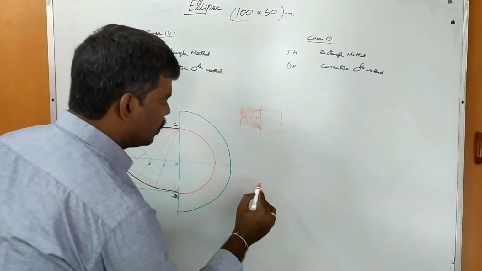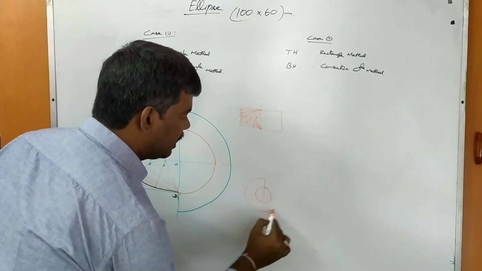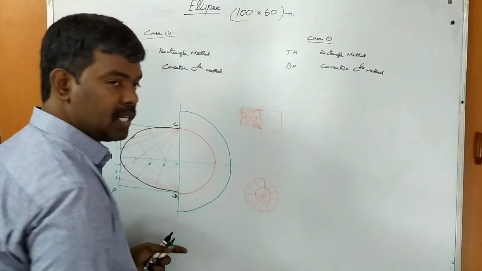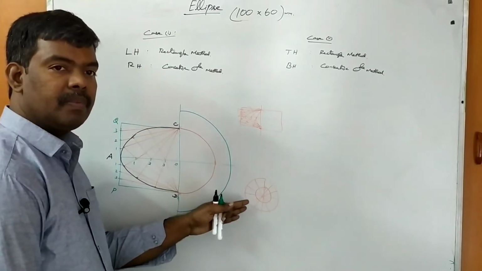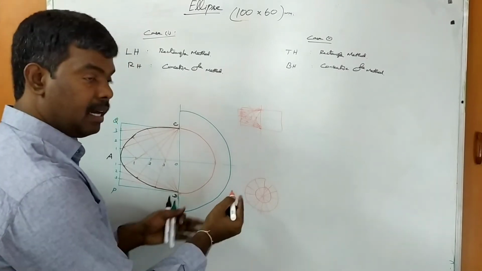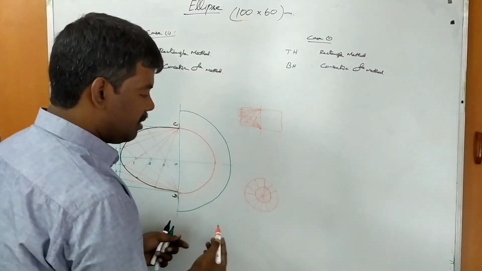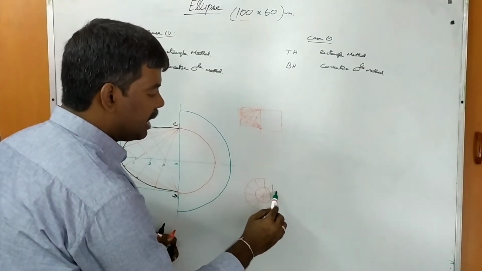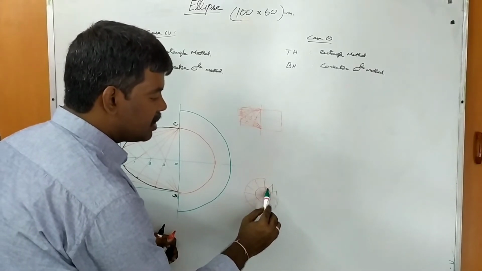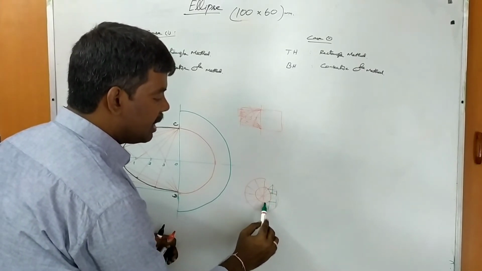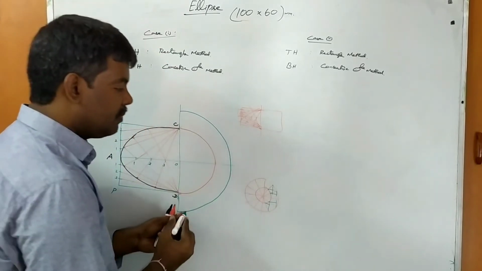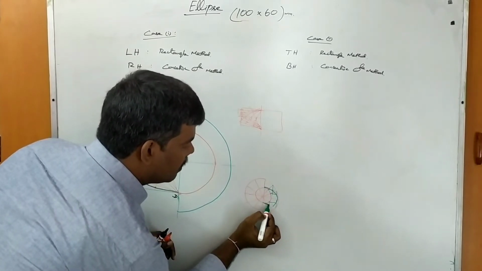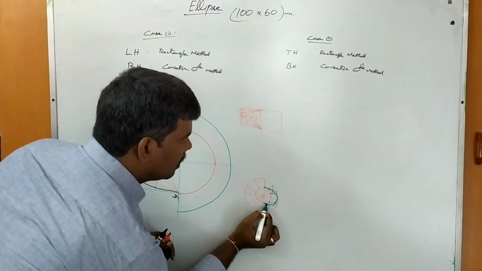In the concentric circle method, you know that. So two circles are there. So the circle is divided into n number of equal parts. Okay, in the last video, we referred to how to divide a circle into n equal parts and how to construct an ellipse by using the concentric circle method also. Next one is the outer circle. From the outer circle points you draw vertical lines. From the inner circle points you draw horizontal lines. The vertical and horizontal lines lie between the two circles. So you join all the intersection points like this.